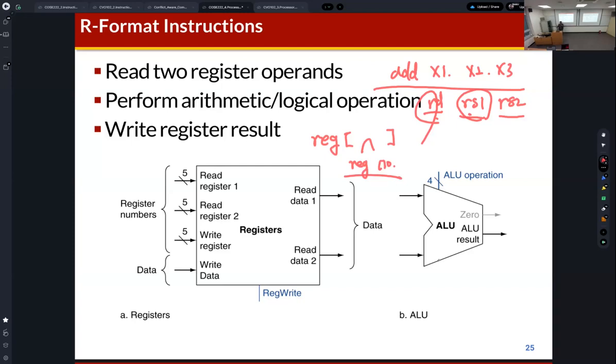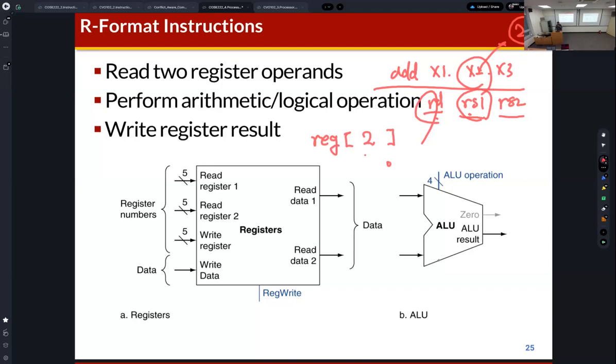So we can understand the register like this. So in this example, for this add instruction, we need to read the X2 data, so data in X2 register. So this register number is 2, so it's indexed by the register